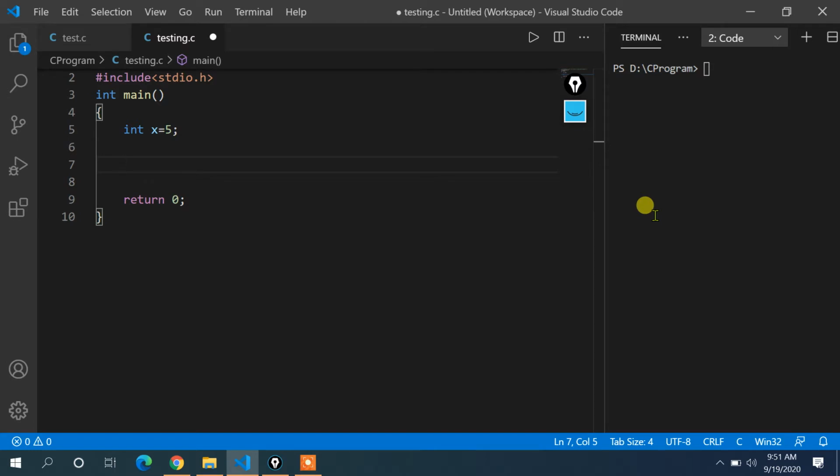So let's begin. Previously I have already told you, whenever there is a pre-increment term in an expression, then the number gets incremented first, then the value gets assigned, and whenever there is a post-increment term in an expression, then the value is first assigned, then it gets incremented. So I hope you remember these things.